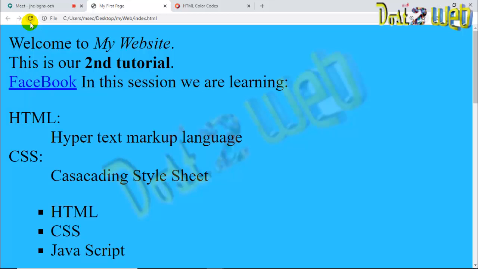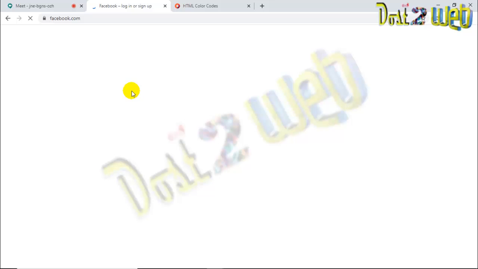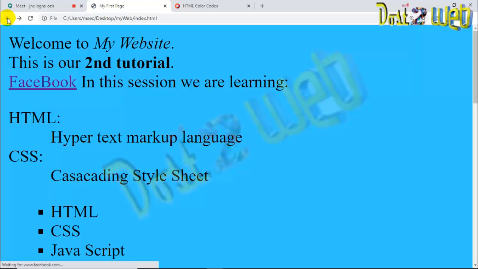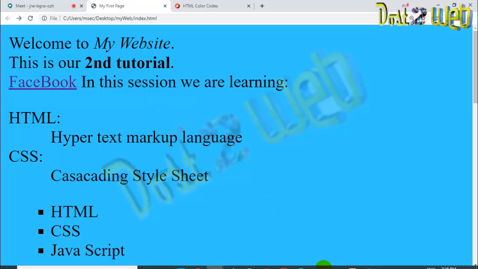So you can see, guys, when you click on this, what happened? The Facebook page is getting opened. You can see that, right? This is the Facebook page. They have changed the design. Look, wow, it's looking good. So what happened here? We have used an anchor tag; there are so many other attributes also that we'll see later on. I have given it in a similar way, and you can give as many as you want.